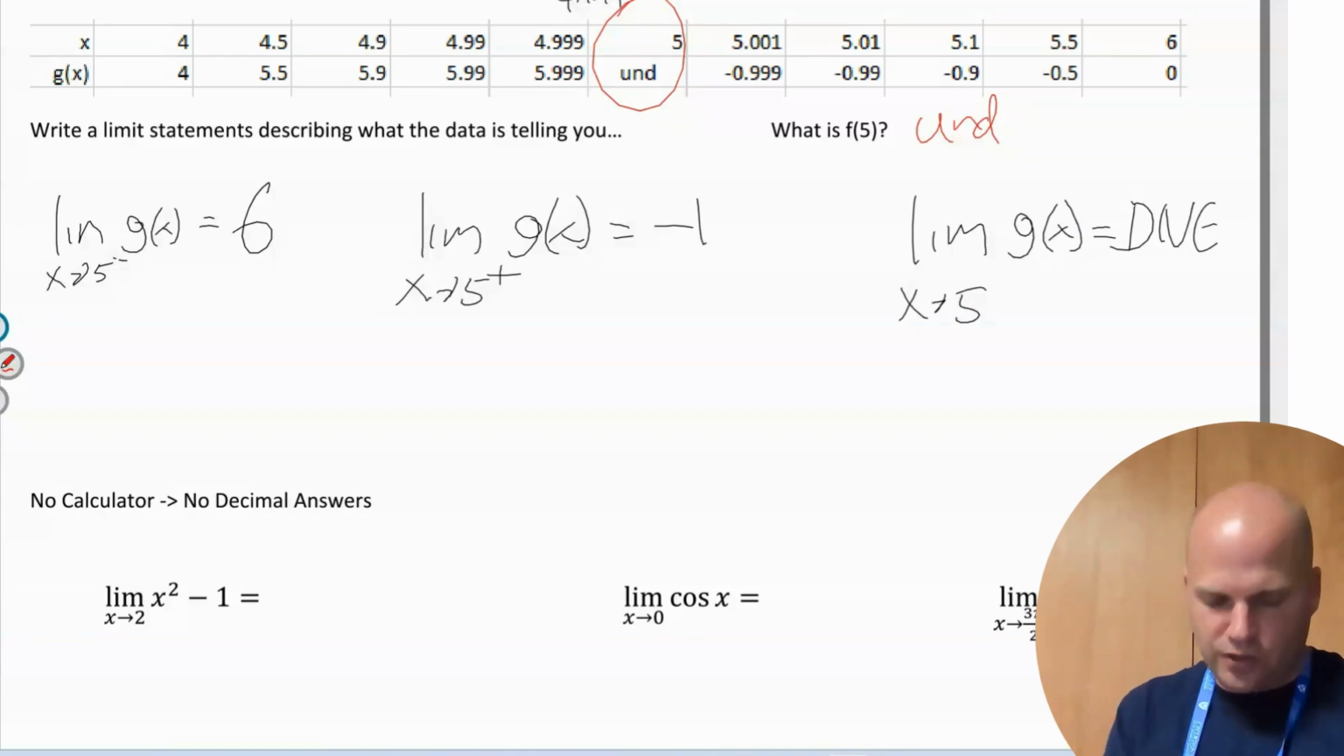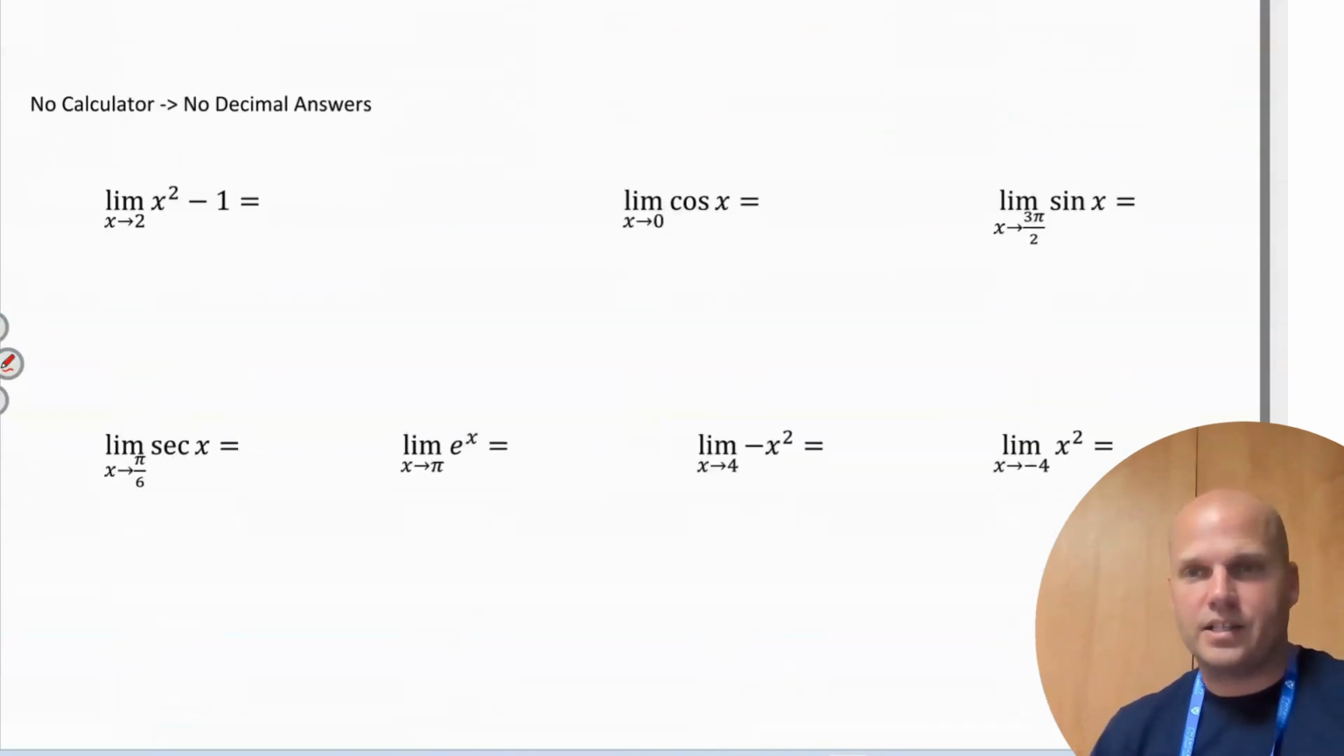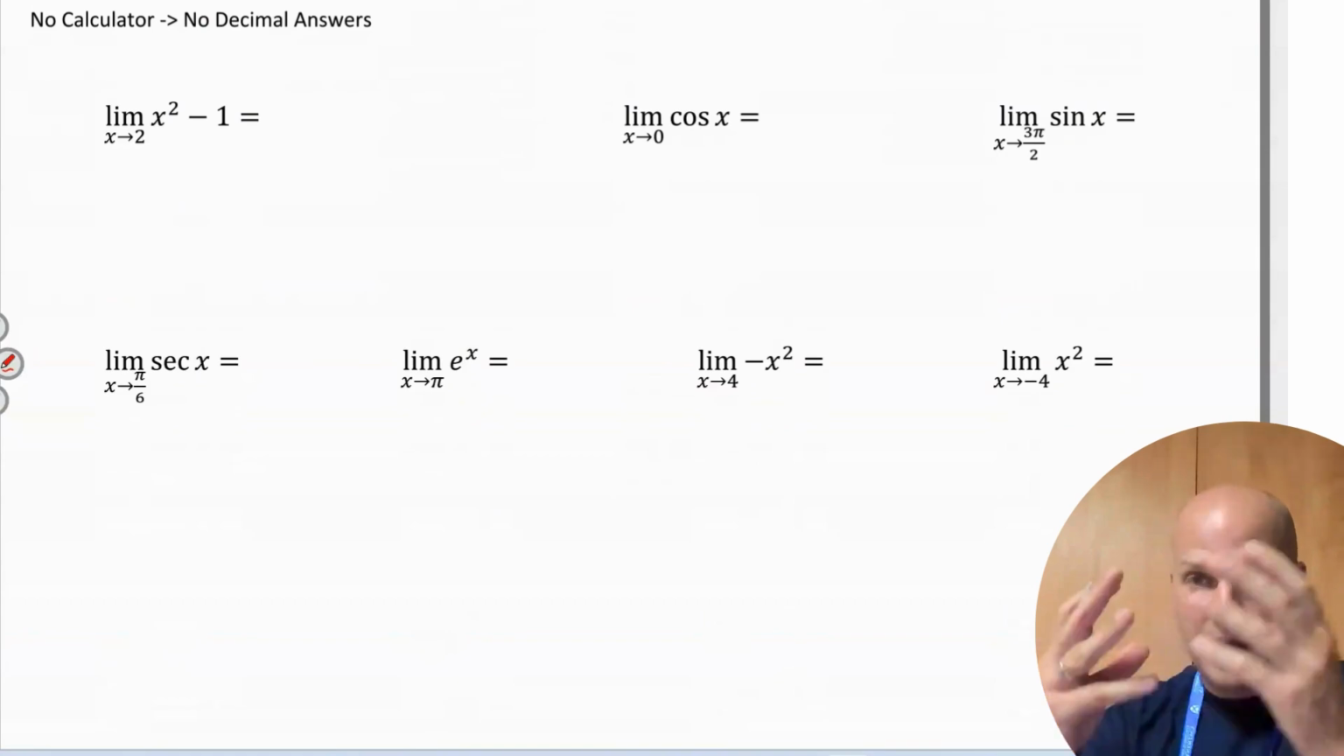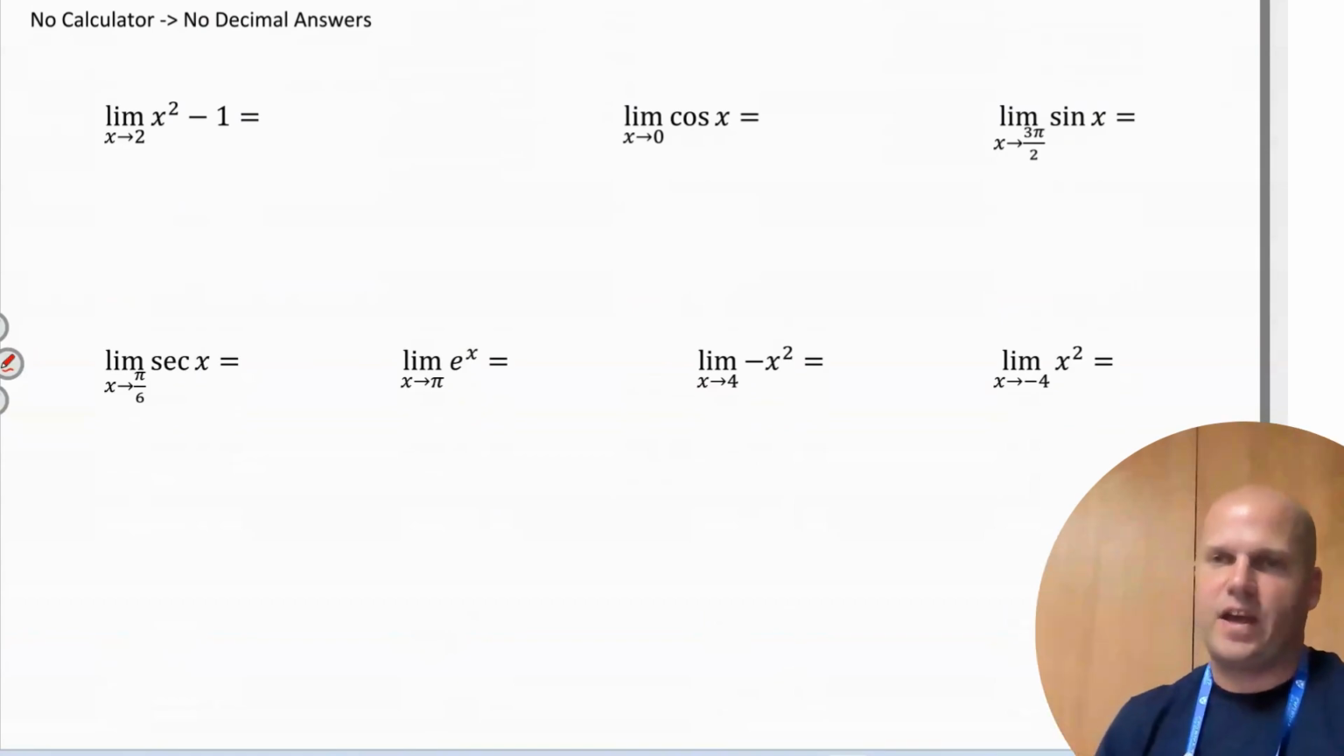Function values are defined or undefined. Limits exist or do not exist. Now, what about these expressions where it's not piecewise? It's just like, here's the limit, and I'm just going to give you the function, like this is f of x. Well, just remember, typically,